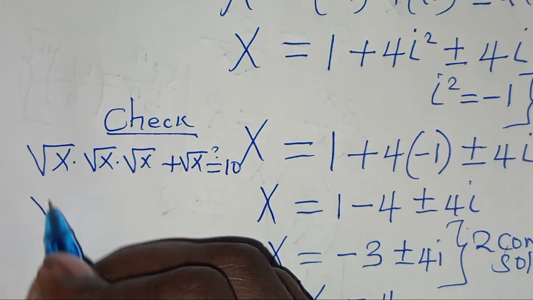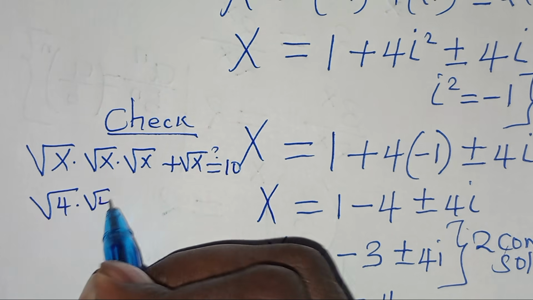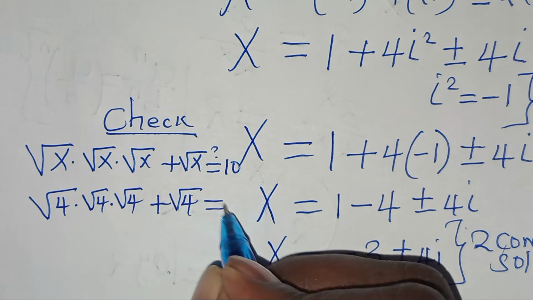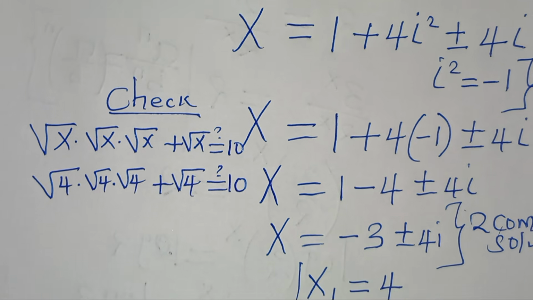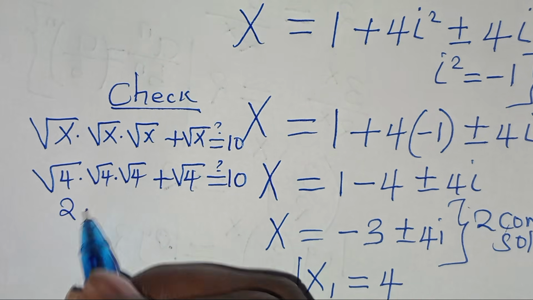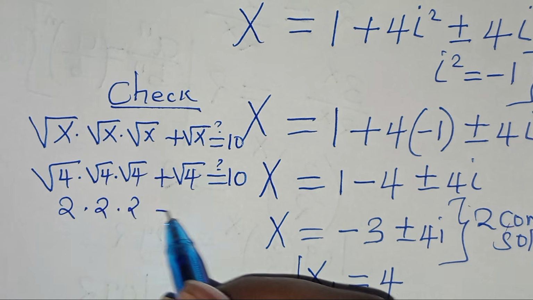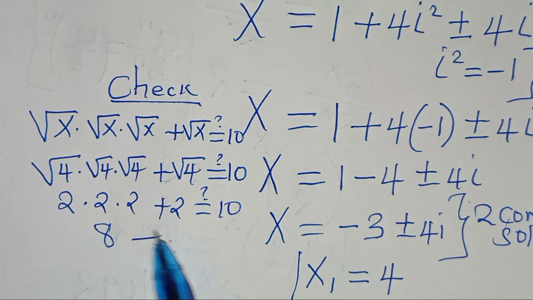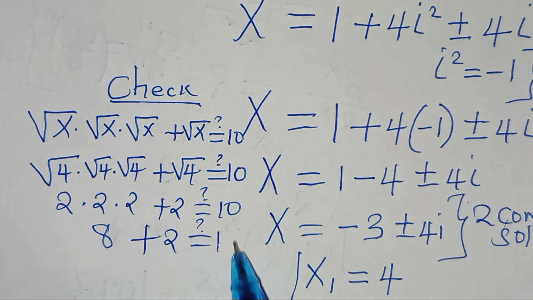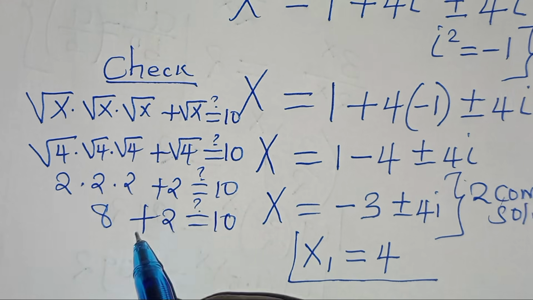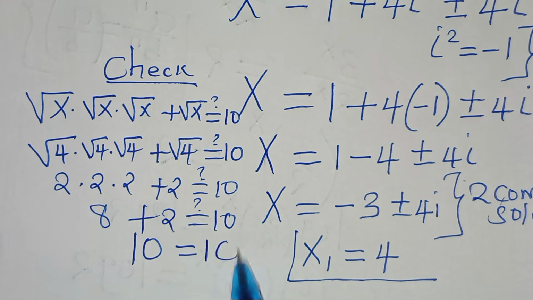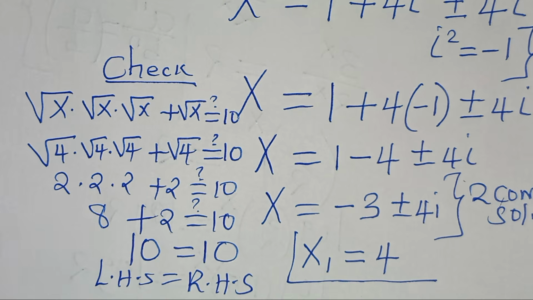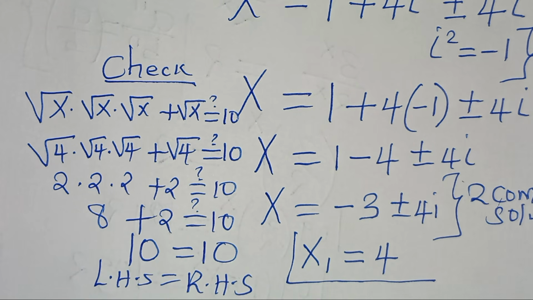So this is to mean that the square root of 4 times square root of 4 times square root of 4 plus square root of 4, they should give us a value of 10. So square root of 4, this is 2, times square root of 4, this is 2 times 2, plus 2, they should give us a value of 10. So 2 times 2 times 2, this is 8, plus 2, they should give us a value of 10. So 8 plus 2, this is equal to 10, which is equal to 10. So the left hand side is equal to the right hand side. And this proves that the real solution here